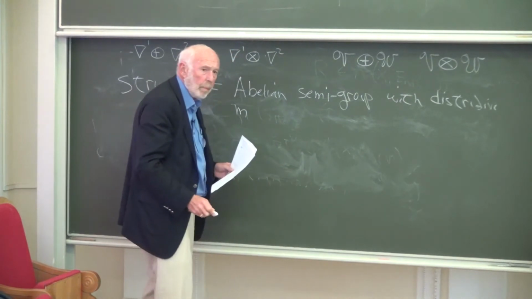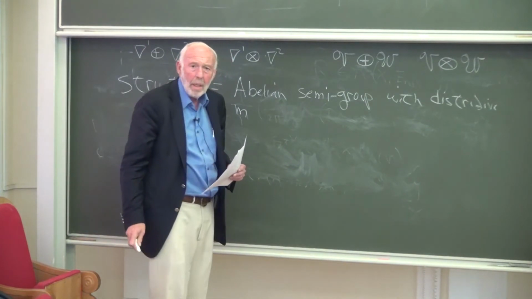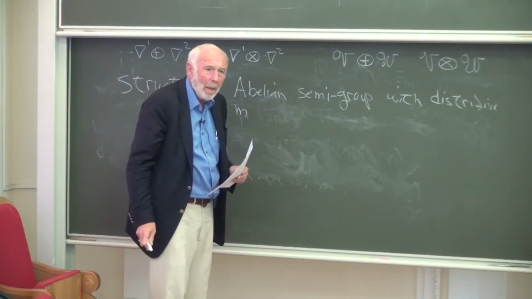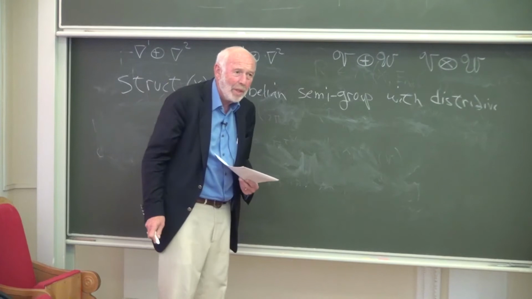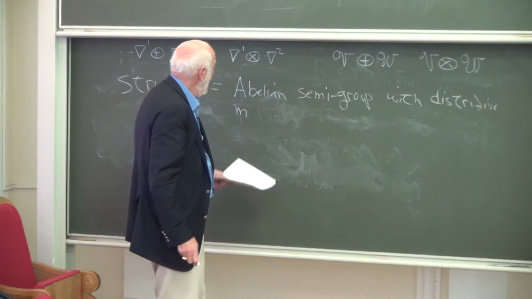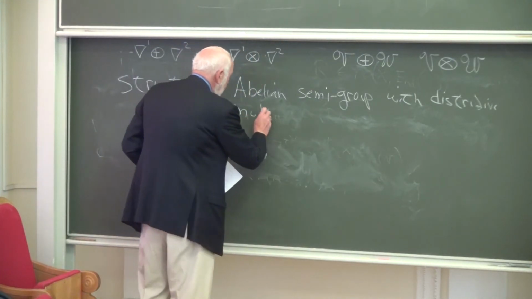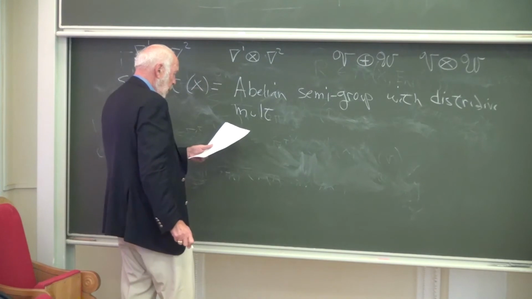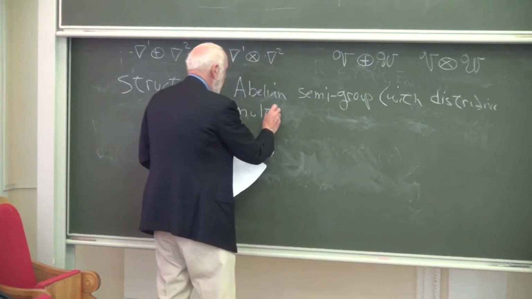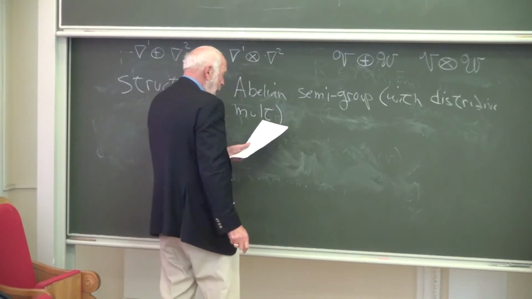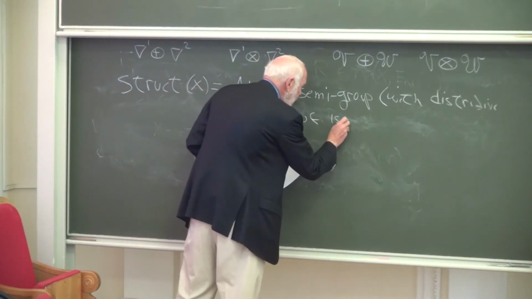It's like a semi-ring, I guess, too. I don't know what you call it. An abelian semi-ring. You could say it, but I don't know if it's an official definition. Anyway, it's abelian as a semigroup, and it has a distributive multiplication, with commutative distributive multiplication. Anyway, it's an abelian semigroup with that stuff. And I want to look at isomorphism classes. So it's the abelian semigroup of isomorphism classes